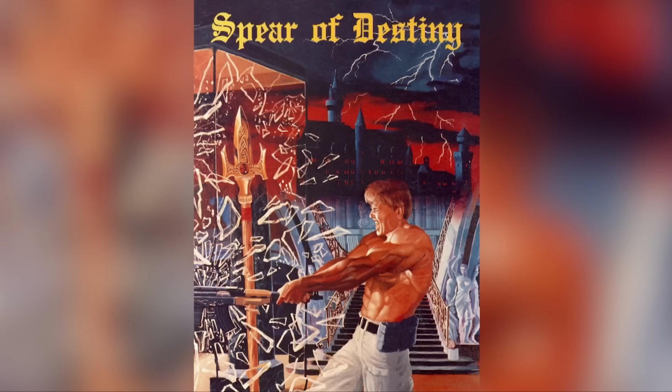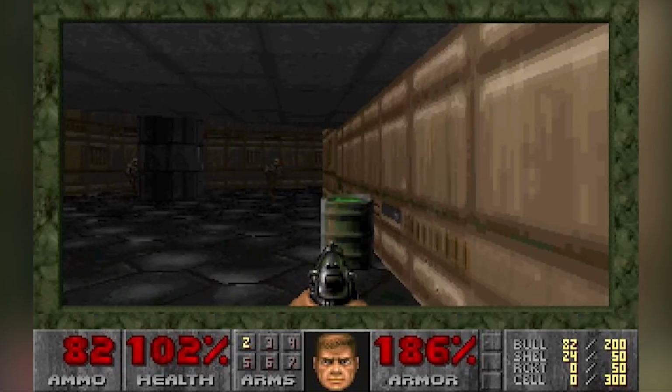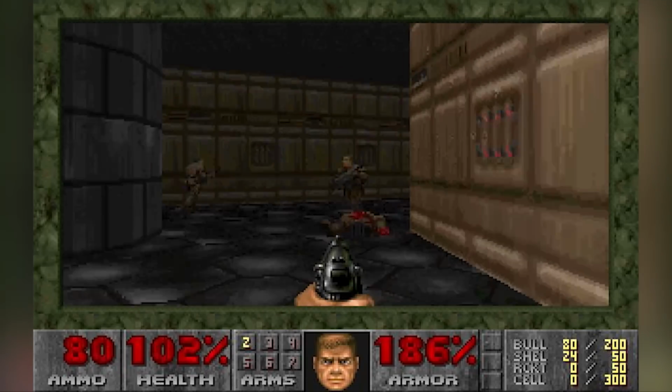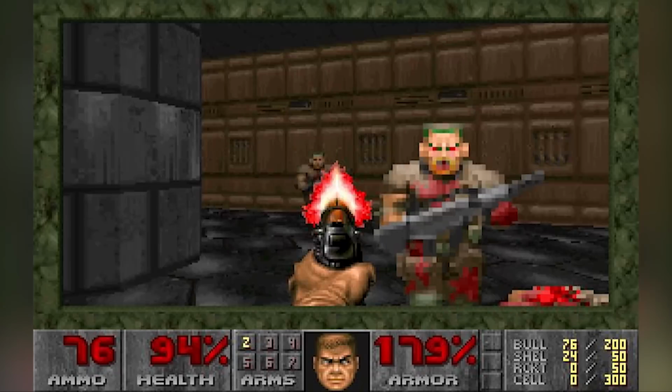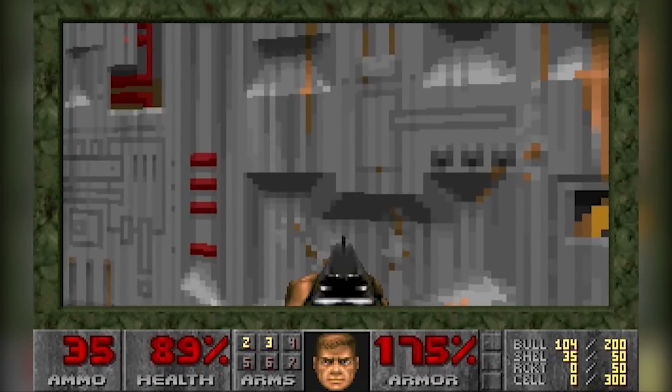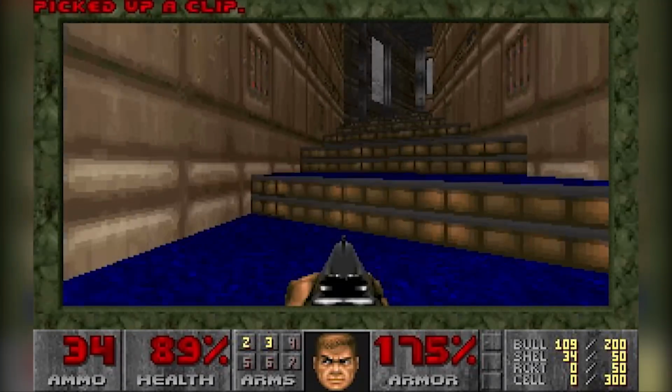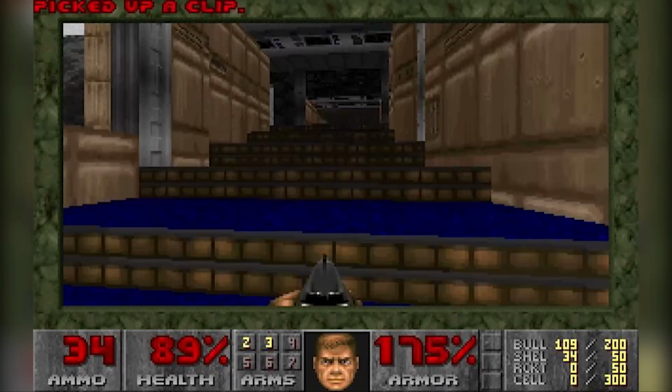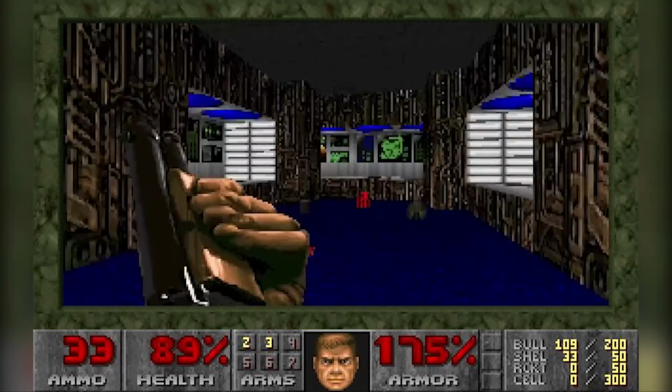After id Software had created Wolfenstein 3D and its sequel, Spear of Destiny, John Carmack set to work on the creation of a new engine that could be used to create much more detailed areas and scenarios. That engine, which is now known as ID Tech 1, was the Doom engine. What the game Doom would eventually be built upon was actually a very interesting, and in some ways complicated, way